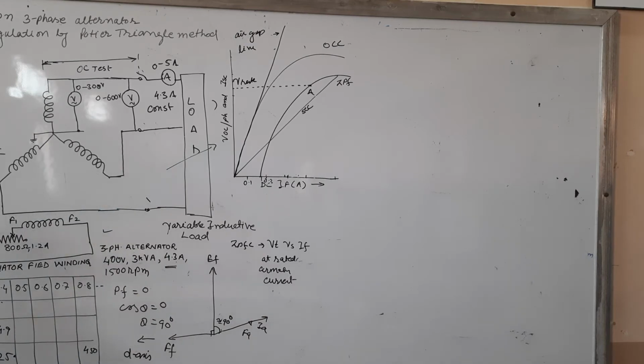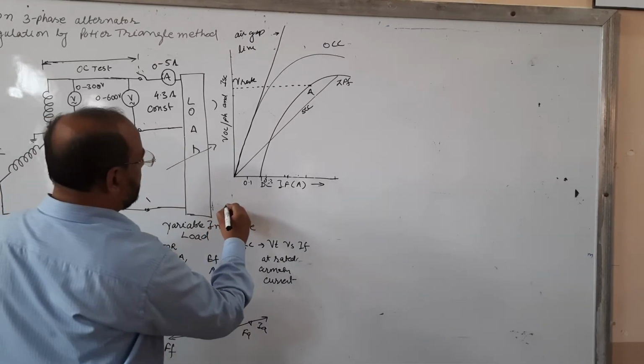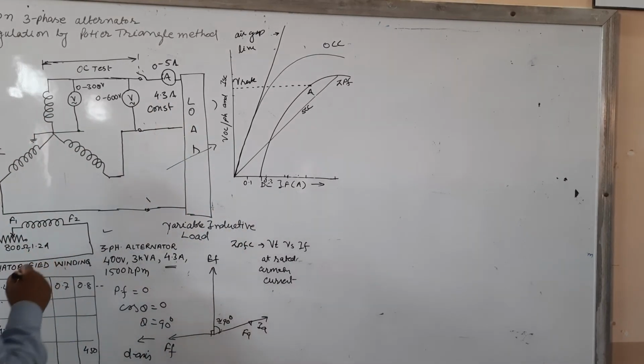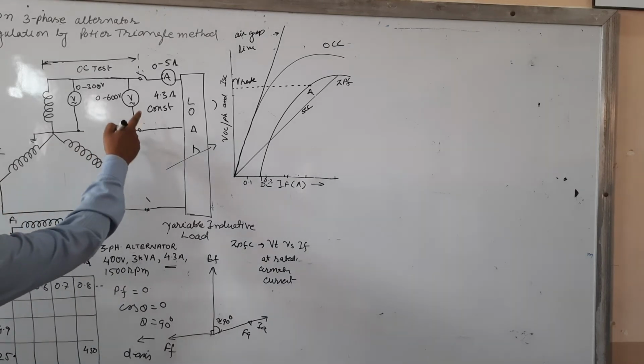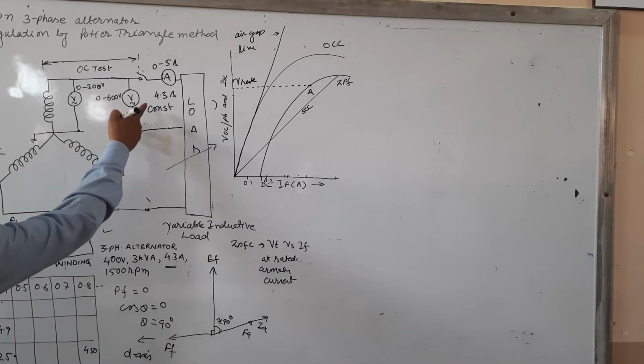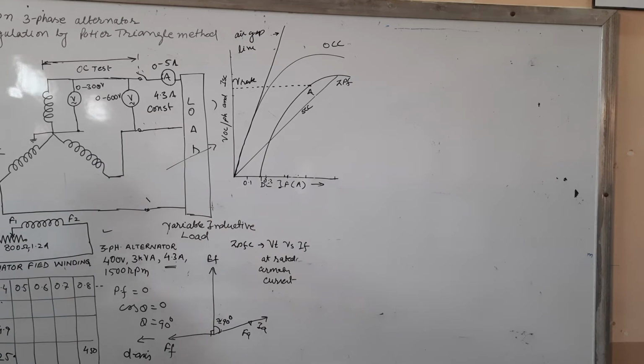Next, find the armature current required for full load current. Say here the full load current is 4.3 ampere. So the field current required to circulate full load armature current under short circuit